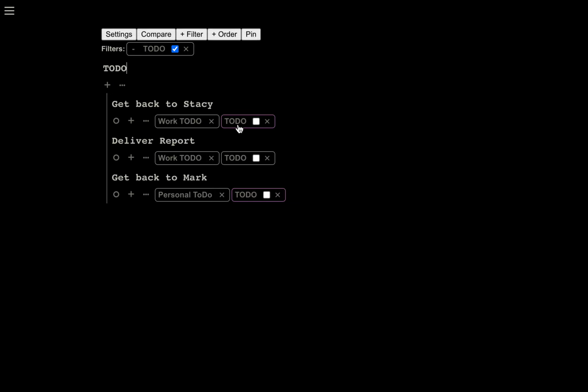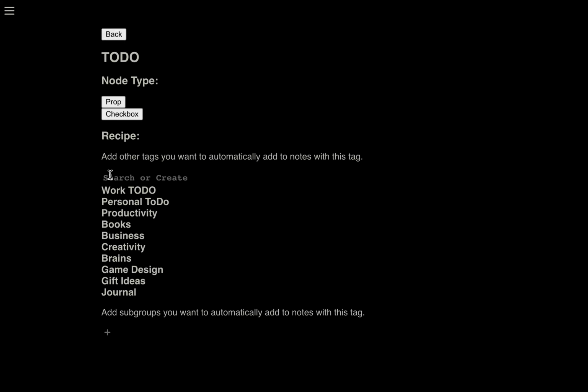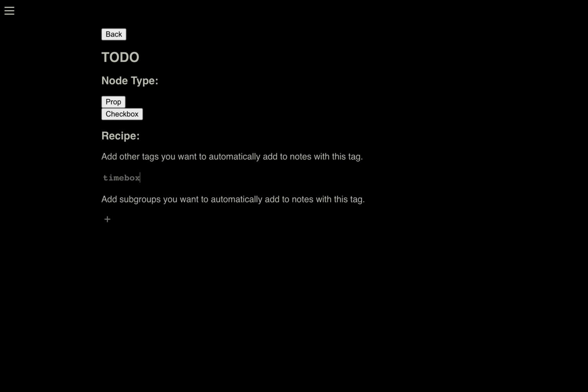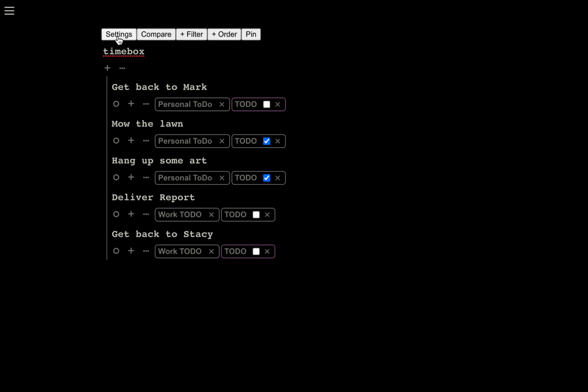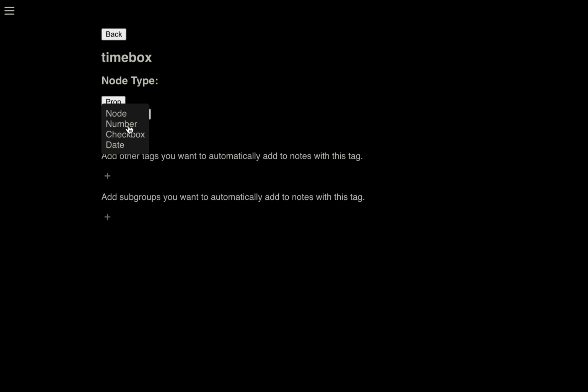Let's say I want to be a little bit more nuanced here. So not only do I care about to-dos, okay, I'm already on to-do. I also want to just know generally how much time it's going to take, right? So I'm going to add a new tag, which let's just say is a time box. And we're going to say a time box is going to be a property with a number value. So this is just generally how much time I think it's going to take me to do it. So I can go back,